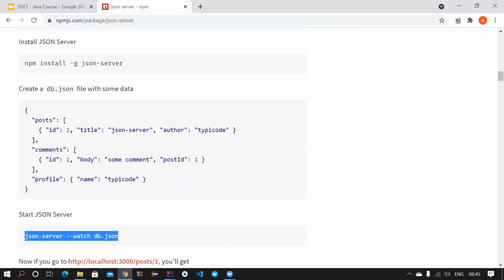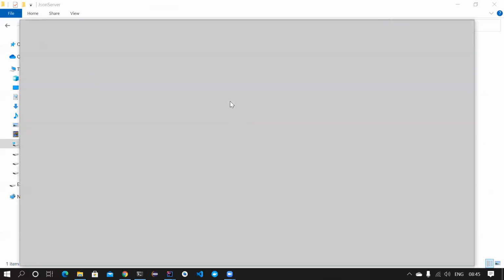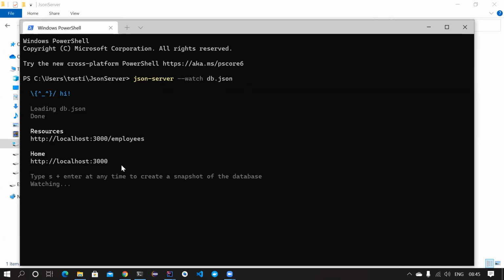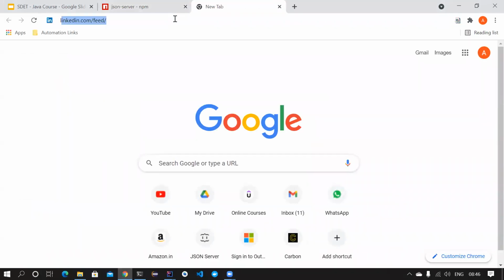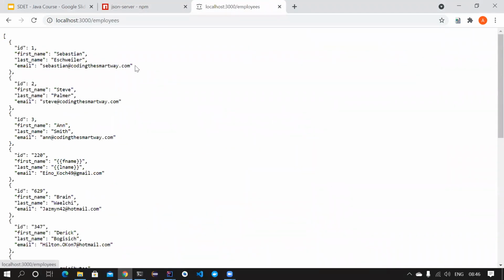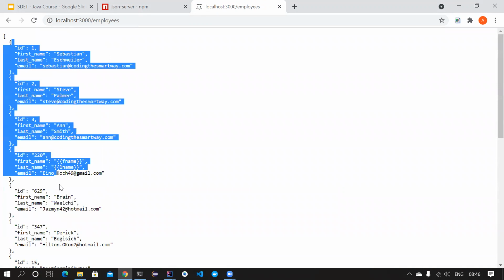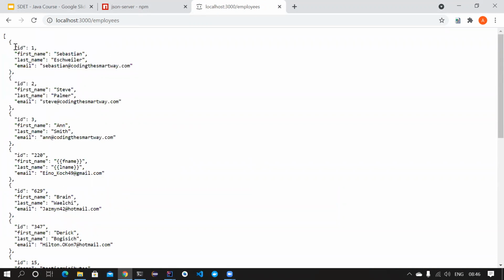So you can go to this particular location. I'm opening the Windows terminal, and I'm typing json-server --watch db.json. Good. Once you run this, you have now localhost 3000. You have your JSON server up and running, right? You can go to Chrome, use localhost 3000, and go to the employee endpoint. I have already done some work, so I already see some values here. If you already have some ID values and you try to insert a new ID with the value of 1, it will throw you a 500 error.